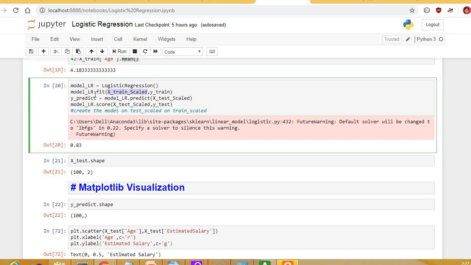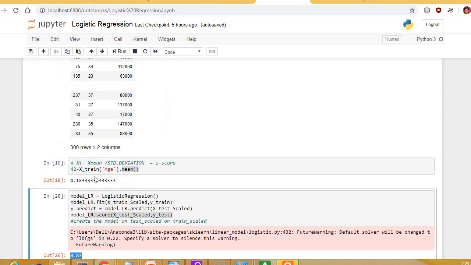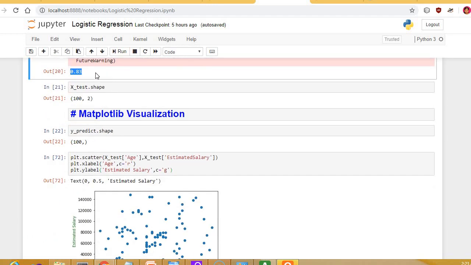Then we train this model and predict on the basis of x_test_scaled. After that we check the accuracy of this model, which is 0.83, meaning 83%. Now after scaling, our model's accuracy rate has increased.